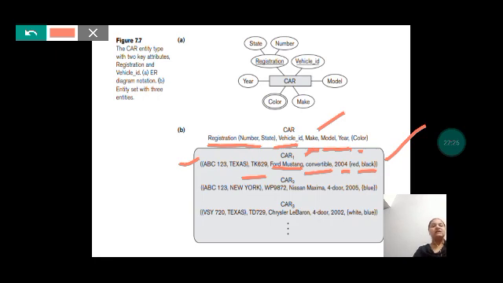Now next, the second car entry. The registration number for this car is also ABC123, but the state in which this car is registered is New York. Now vehicle ID is WP9872, and then the make is Nissan Maxima, and then model is 4-door.